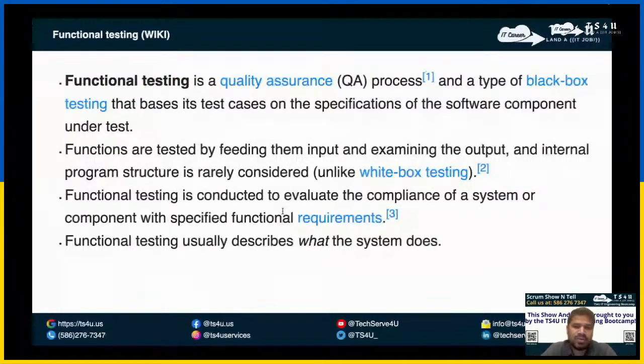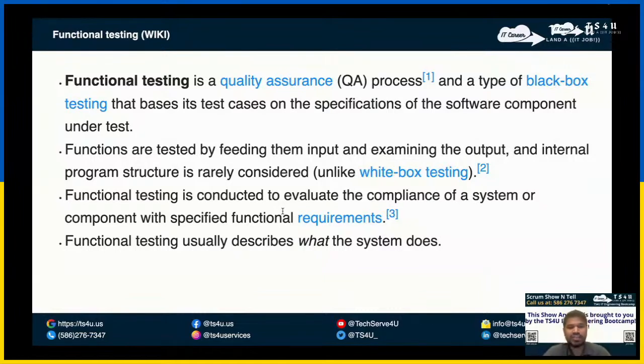White box is when only the software developer writes unit tests, writing code to test the code. That's called white box testing, and it is done by the software developer based on the programming they write. Functions are tested by feeding them input. Of course, we provide the data and examine the outcome. The internal programming structure is rarely considered. Again, unlike white box, because you don't know it.